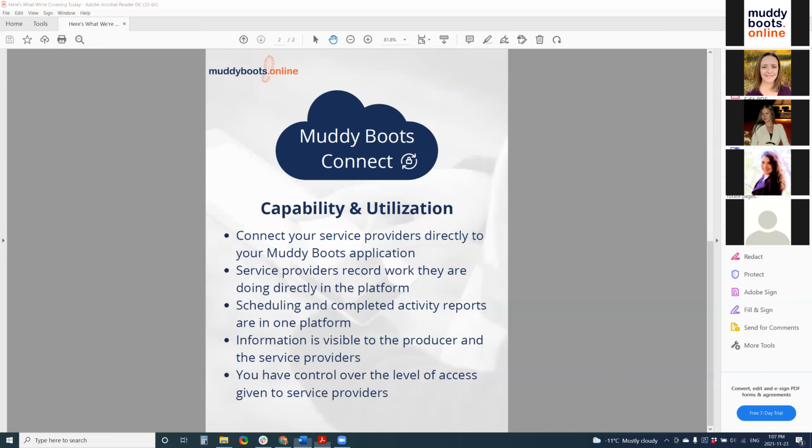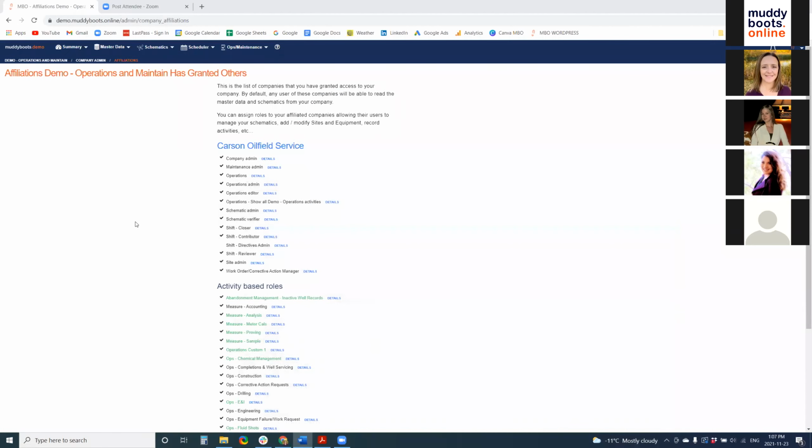Okay, so let's hop into Muddy Boots. I'm working in our demo space and I am on the affiliation screen. I was able to get here through our company admin affiliations link. If you have the company admin role, this is where you will find any of the affiliates that have been set up. If there is an affiliate or service provider that you would like to start working with in Muddy Boots and have connected to your application,